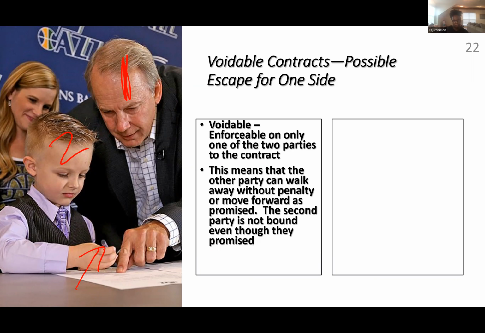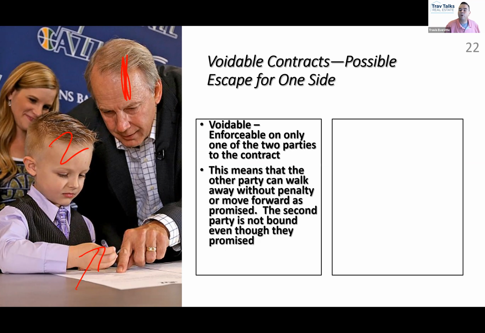Here's where you're going to make the mistake, though. We all see the connection that this cannot stand. Does everybody agree that this cannot stand? We are not going to force this child to follow through with their promises. Everybody agree with that? Yes. Here's where you're going to have the problem, because you think in too much extremes.